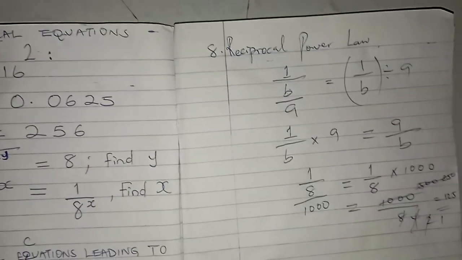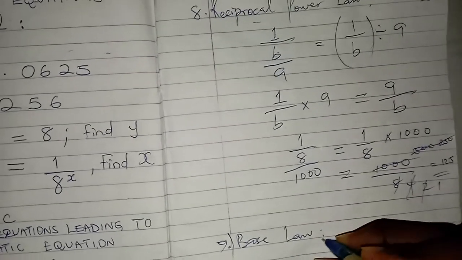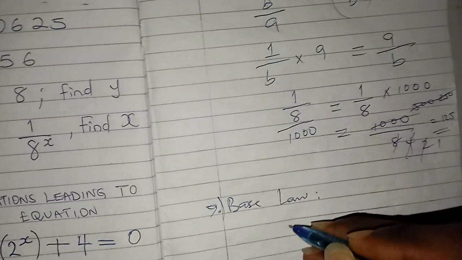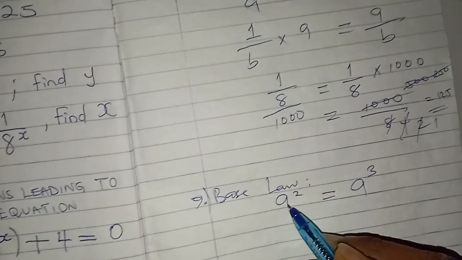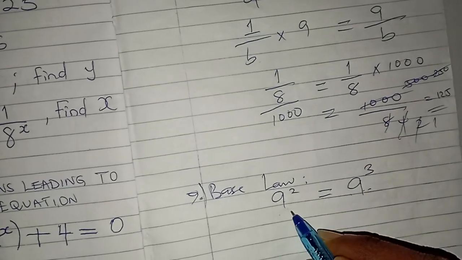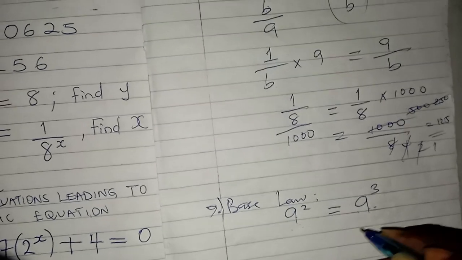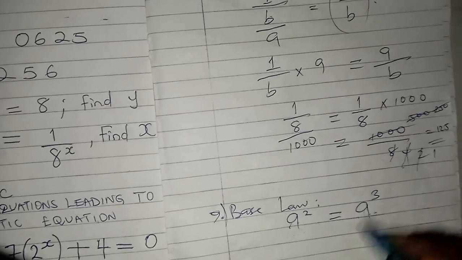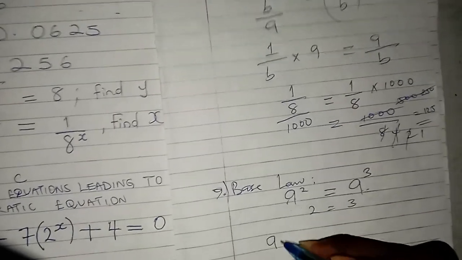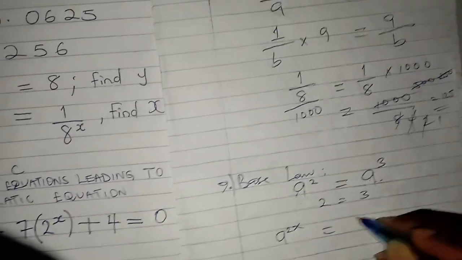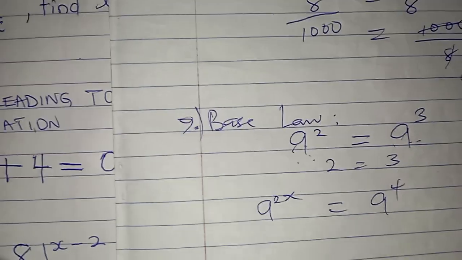This law states that if we have an equation, say a raised to power 2 equals a raised to power 3, provided the bases are the same, the powers are also equal. So this is going to be equating the powers, so that we now have 2 is equal to 3. If I have a raised to power 2x equals a raised to power 4,